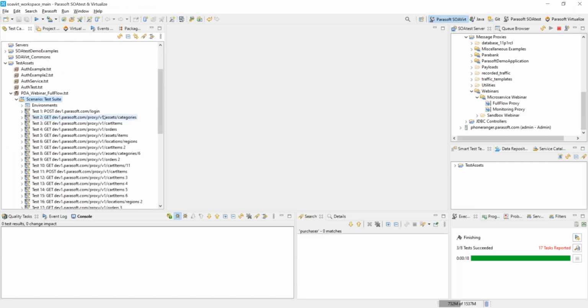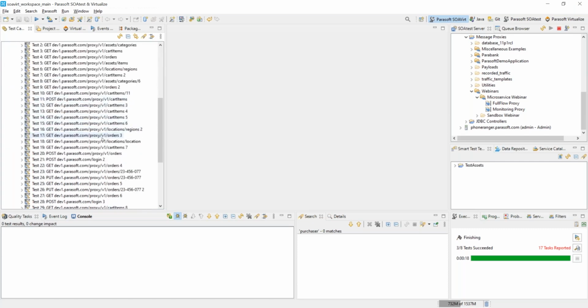And so one thing I want to do before we finish here is I've got a number of calls here that I've got to configure myself. In this scenario, remember we have those multiple user authentications we witnessed in the full scenario. And SOATest AI was configured to authenticate all these calls to the primary user, that purchaser user. But the approver user has different credentials and different access to the API resources that the purchaser